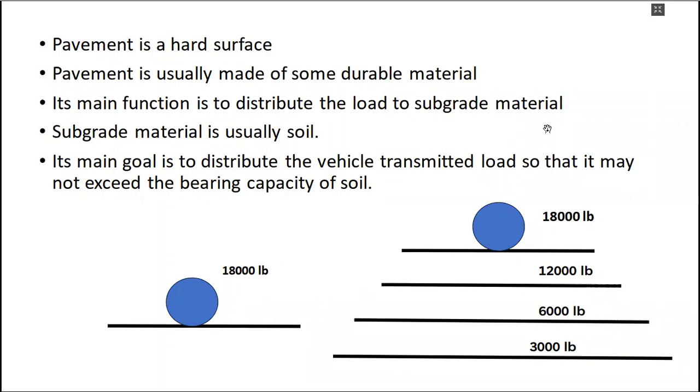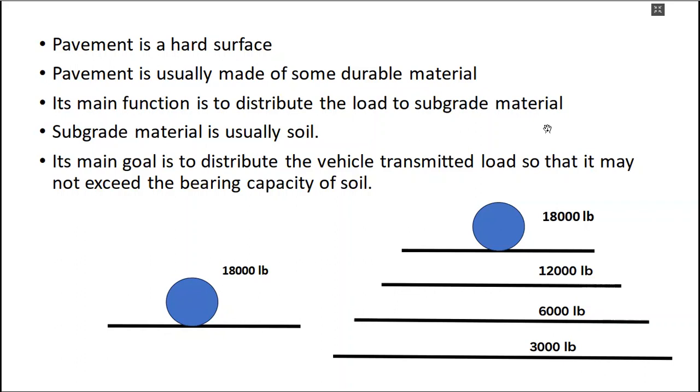So, why do we need to provide a pavement? Why don't we move vehicles on soil or subgrade, or make some extra treatment on it so vehicles could move on it? Why are we going for expensive materials, expensive techniques and expensive construction in order to make pavements? The basic answer lies in the strength of the subgrade. So we provide a pavement in order to separate the subgrade material, which is usually soil,